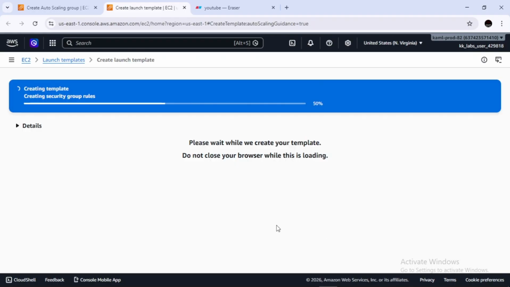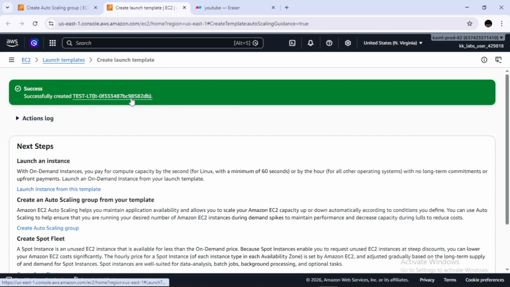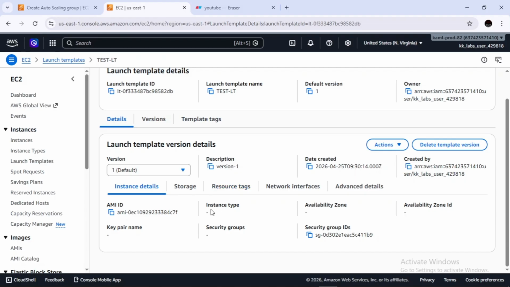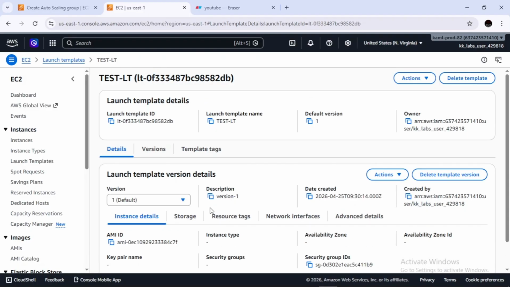I'm going to remind you that I have not selected any kind of instance type, for a reason. If I go to this instance type, you will see it is blank. That means when I create the auto scaling group, it will automatically assign an instance type to those EC2 instances.